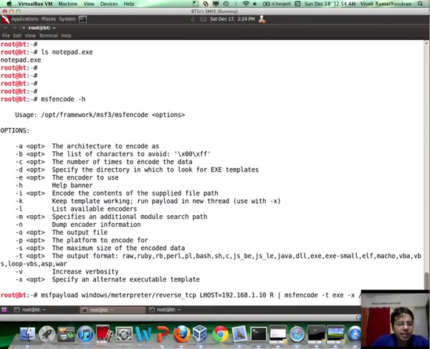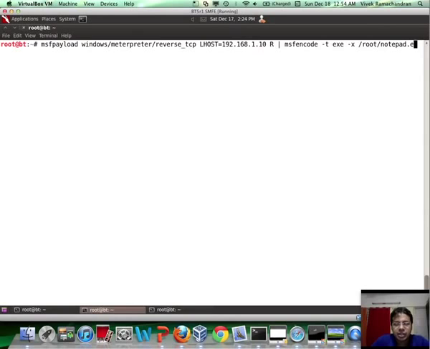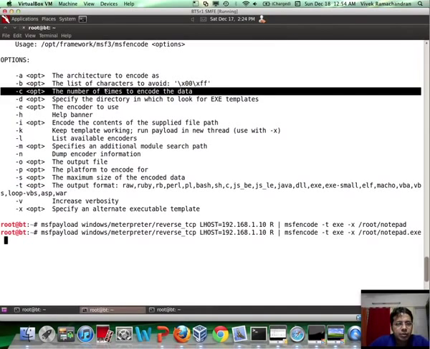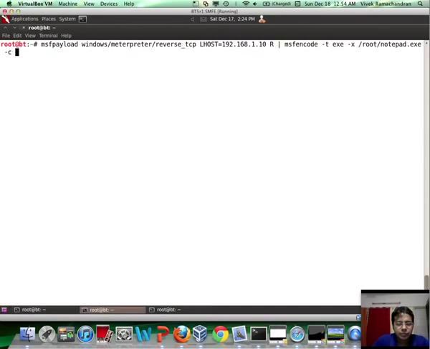The number of times I would like to encode with the default encoder, which is Shikata ga nai, we're going to scroll up here, is let's say 10, and the output file I want is notepad_trojan.exe. Now in this specific variation, what happens is the original notepad file does not run, but the look and